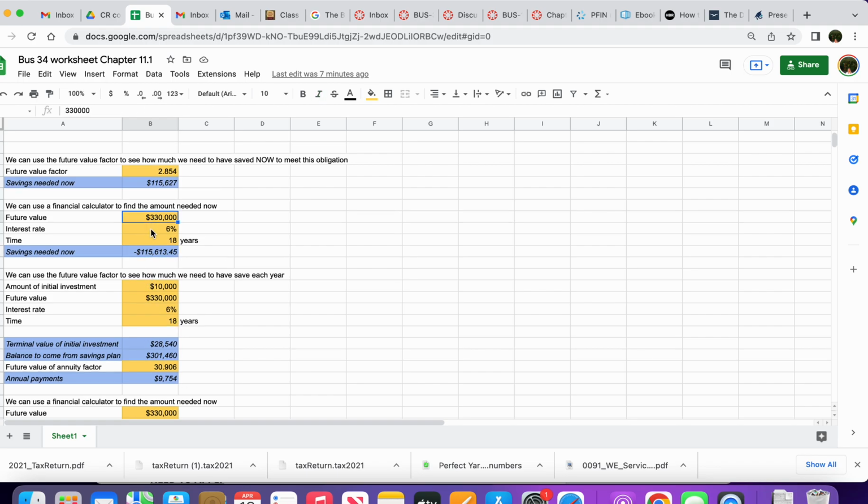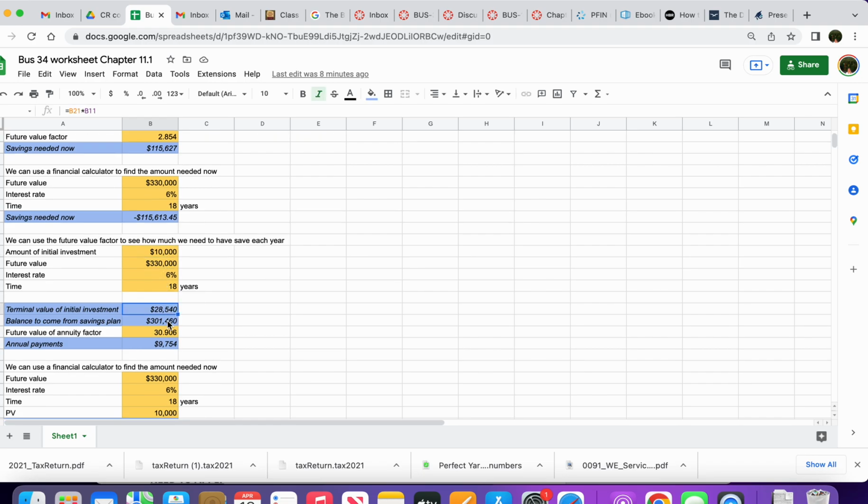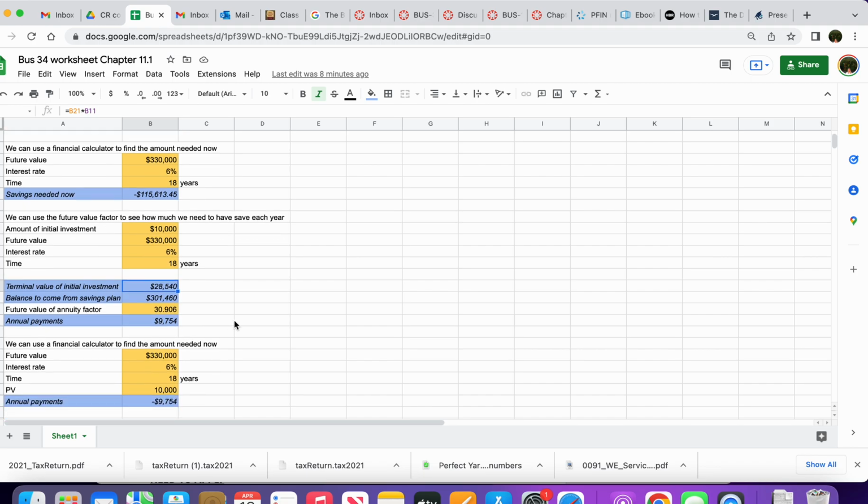That's what we would need at a rate of 6% for 18 years to reach $330,000 in 18 years. What we're going to do is deposit money into a savings account at a rate of 6% in each of these 18 years, and see what we need to deposit in order to have that money saved. There are a couple of ways to do it. The first way to do it would be to look at,